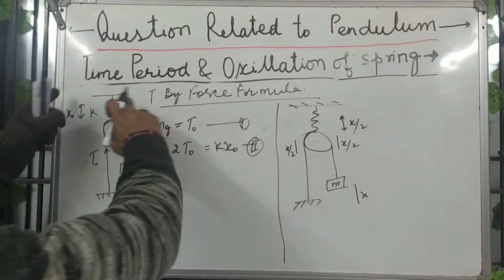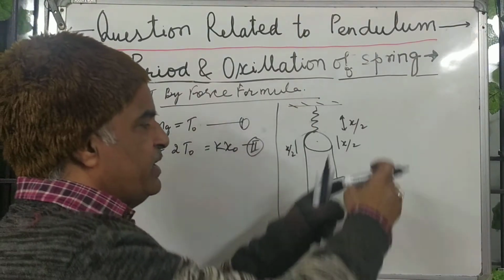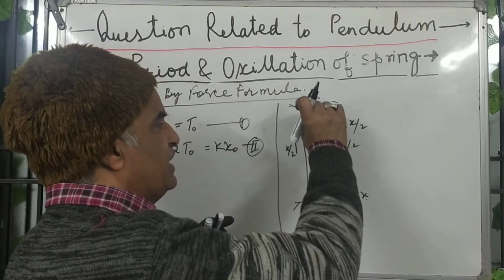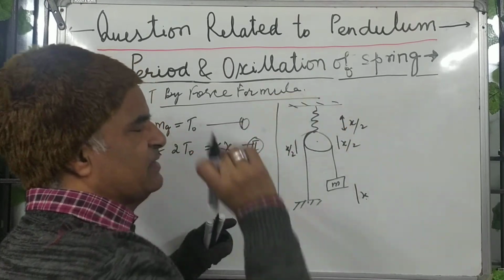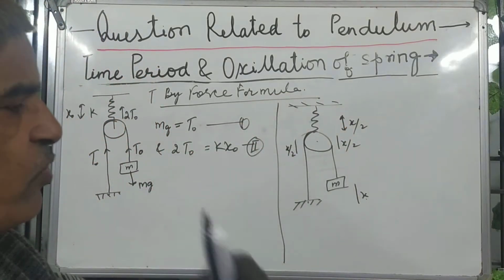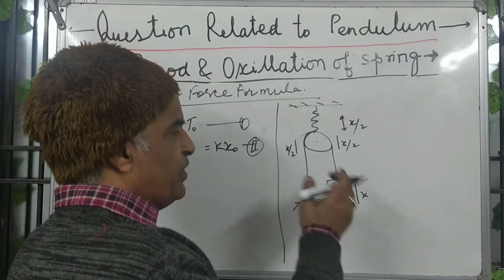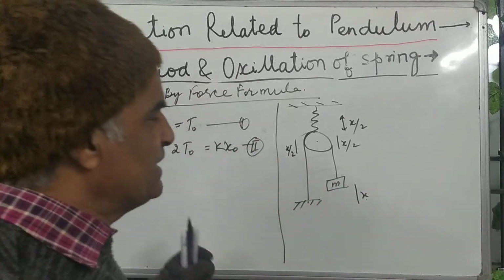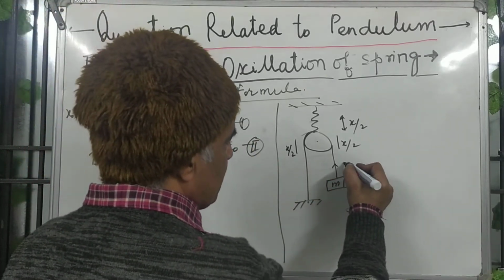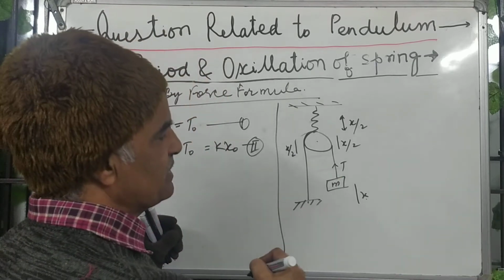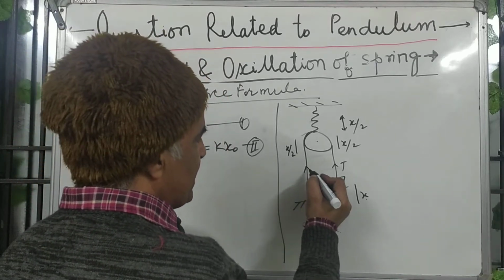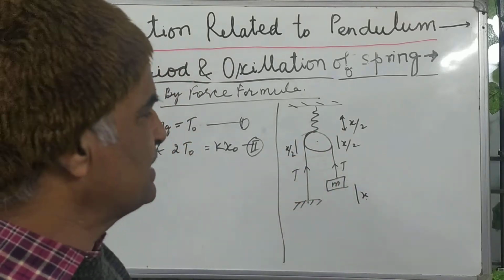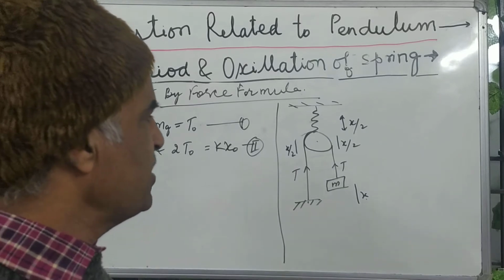In this it was in equilibrium state, but now it is not an equilibrium state. It is moving downwards, it is oscillating, and there is extension taking place in the spring. So I am going to write the motion. In the earlier state the tension was T naught. Now the tension will be changed. Here the tension is T, a new tension will be generated. In this same wire, the wire is moving, but the same tension will take place. It is massless.